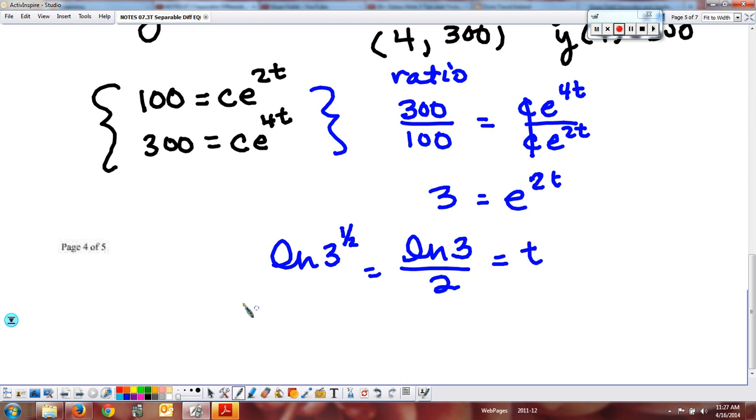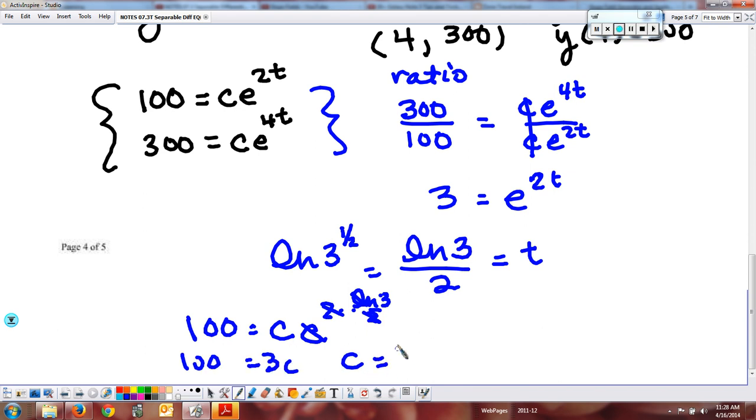And then we plug it back in. Like I said, I plug it back into the top one: 100 equals C times e to the 2 times, plug in your k, natural log of 3 over 2. The 2's cancel, the e's cancel, hey, 3C equals 100, so C equals 100 thirds. So our model that we can basically look at is going to be y equals 100 thirds, and then we can either do e to the,